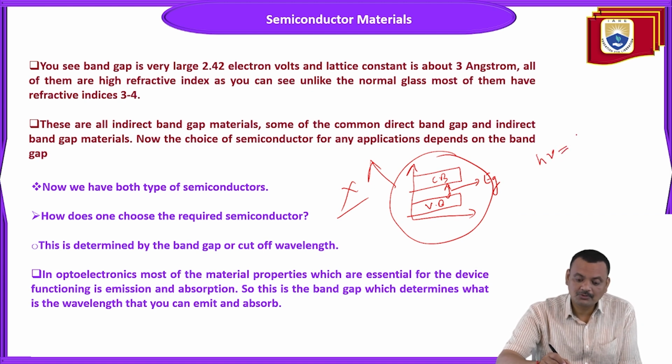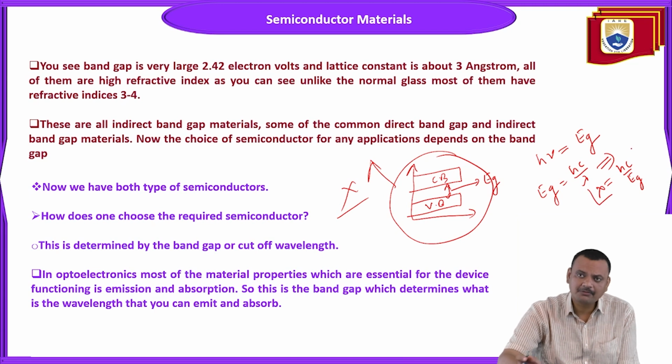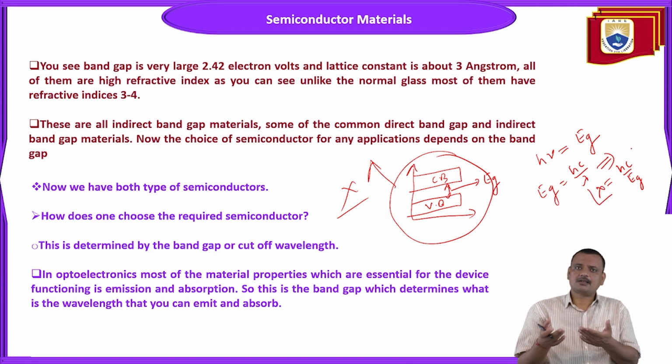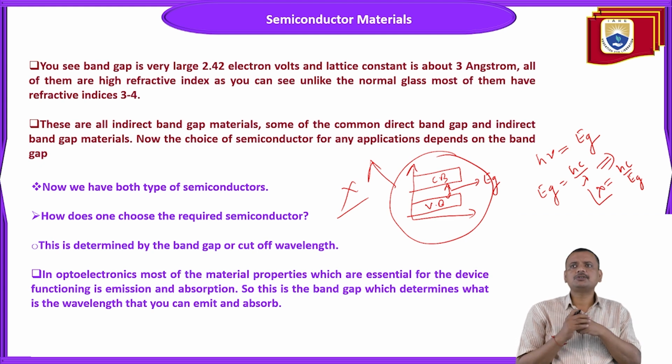So this h nu must be equal to Eg, and Eg is equal to hc by lambda. Then from this calculation you can calculate lambda is equal to hc by Eg. So based on your desired wavelength or desired application, you can choose your desired band gap material